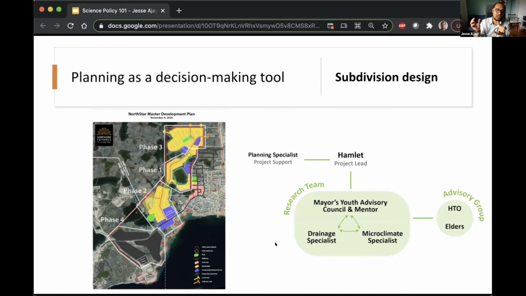So that's just one other avenue where we recognize the value of having that scientific data infused at the key moments in the decision making process about what the detailed design will look like for these future development areas. And so I just encourage you as researchers to look for those opportunities where you can jump into that process, knowing that folks on the ground are always looking for input to enrich detailed design for the growth of their community.